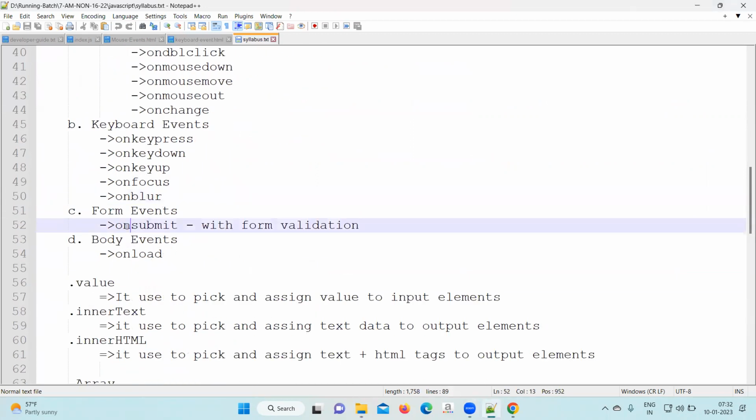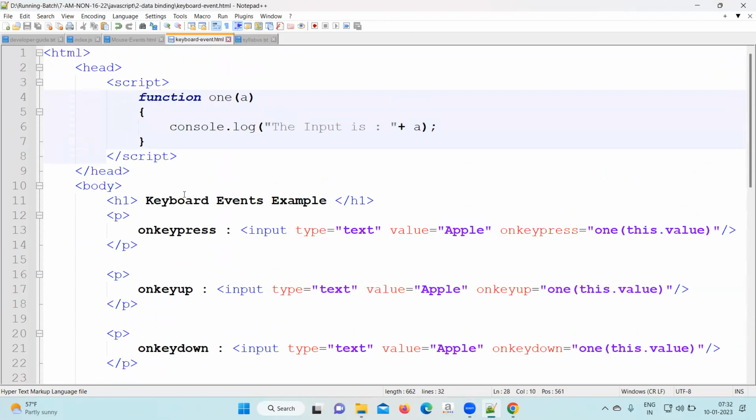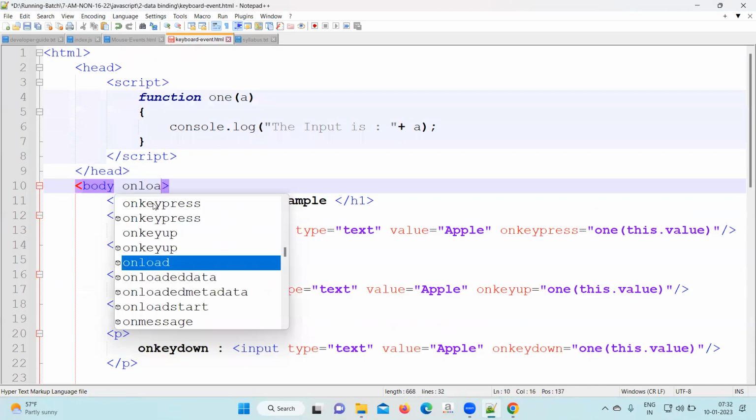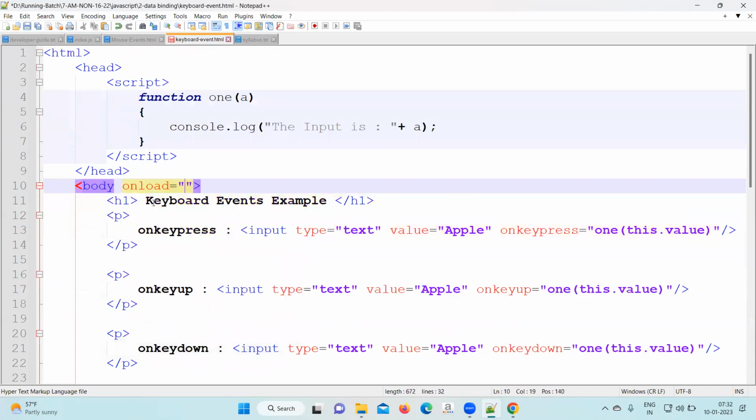Next we have onsubmit that we are going to see under the form validation. We'll see onload. In the same file, write one more onload. That is especially for the body tag. onload equal to